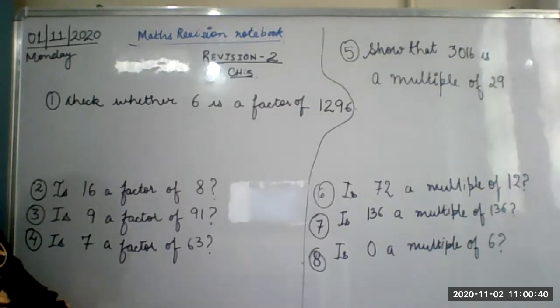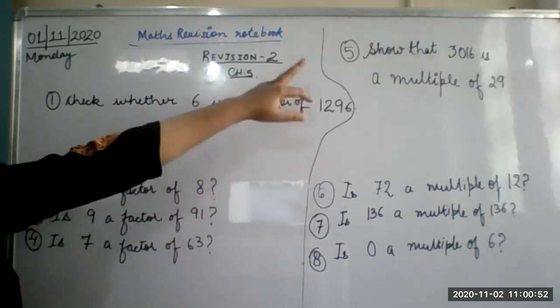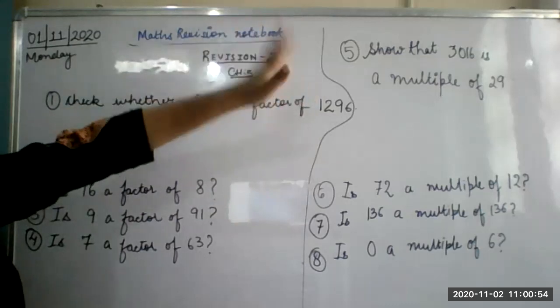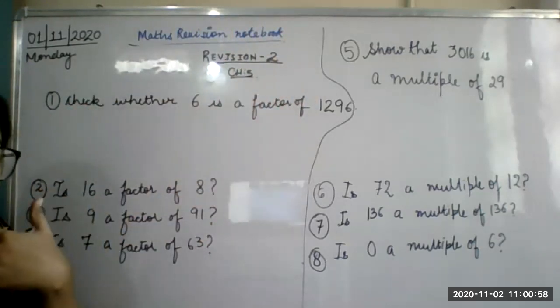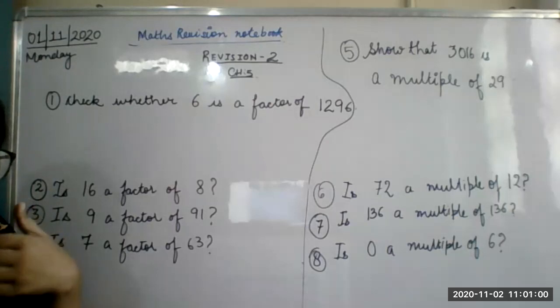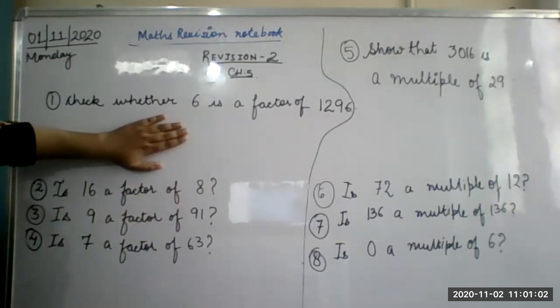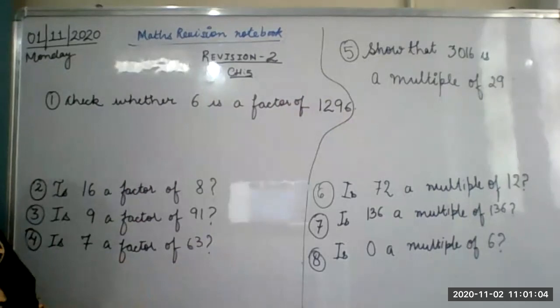What, beta? Ma'am, with the space left, can we write the fifth question on that page also? Which fifth one? This one? Beta, do it. It's better to do the factor part on one page and that part on the next page. Show this one. This is a long question. This one is also a long question.